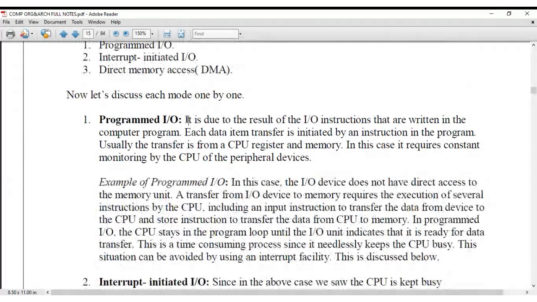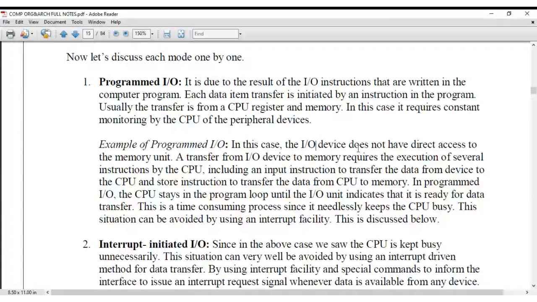Programmed I/O works as a result of I/O instructions written in the computer program. Each data item transfer is initiated by an instruction in the program. Usually the transfer is from a CPU register or memory to the peripheral devices. An example of programmed I/O is in this case, the I/O device does not have direct access